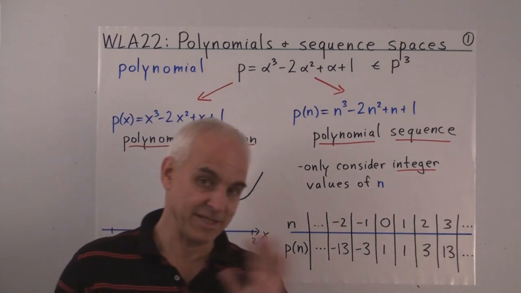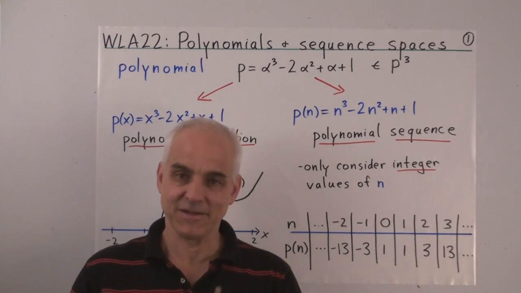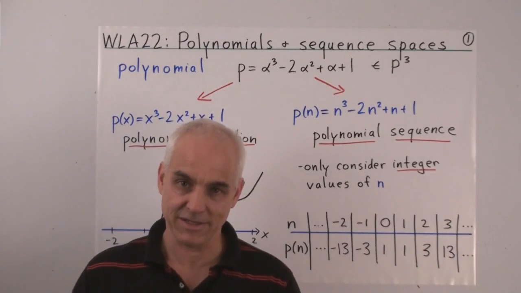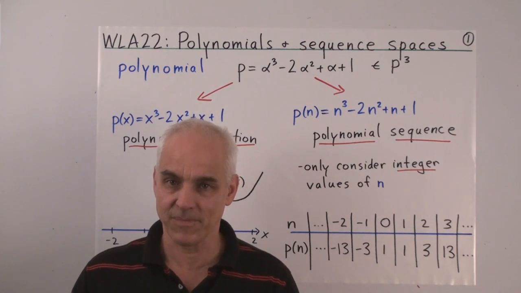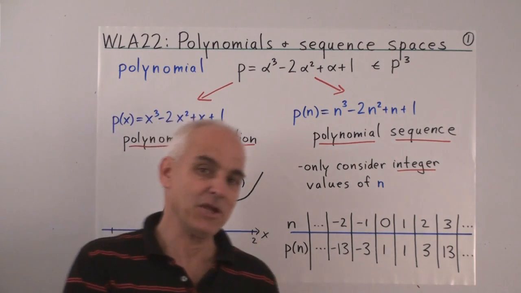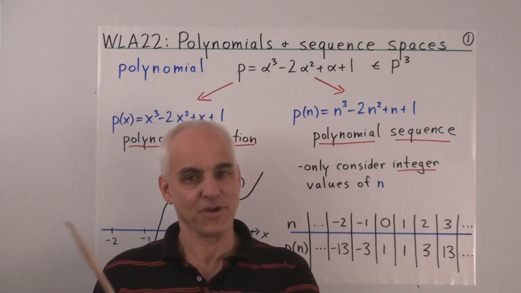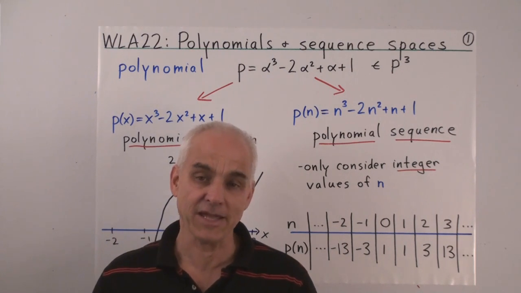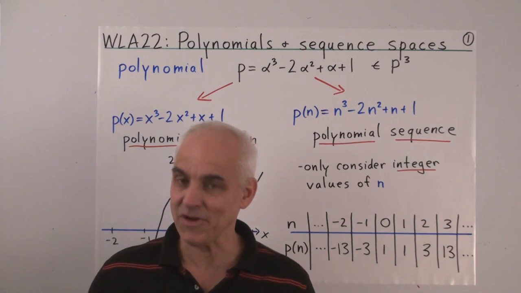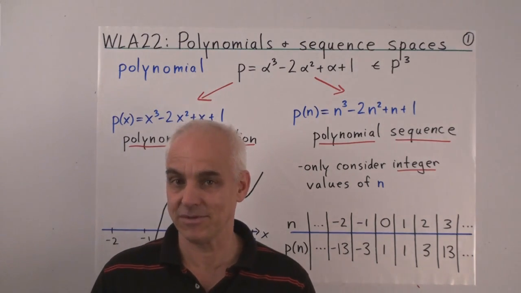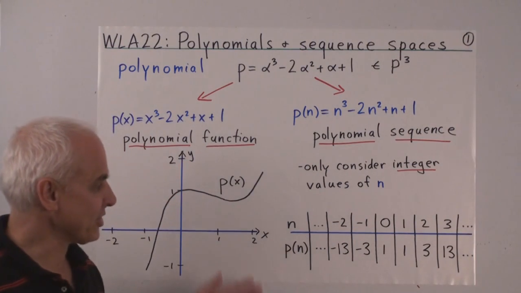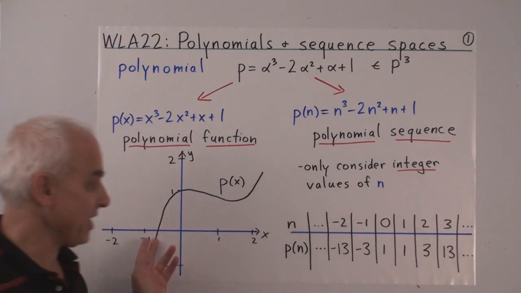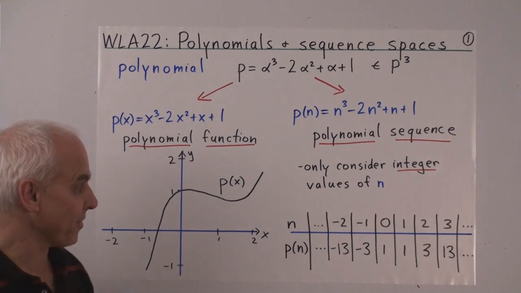Now this is a side of mathematics that's not studied as much as the calculus side in undergraduate mathematics, but it's probably just as important. Functions and sequences are complementary, continuous versus discrete. In the last few decades, the importance of discrete phenomena has increased. And now we can appreciate that there are a lot of very interesting sequences. There are probably many more interesting sequences than there are interesting functions, to tell you the truth.